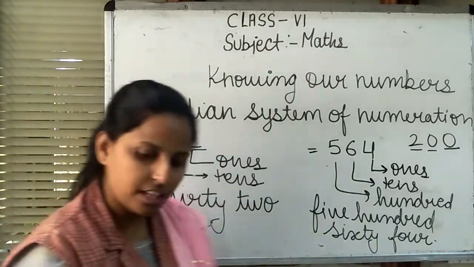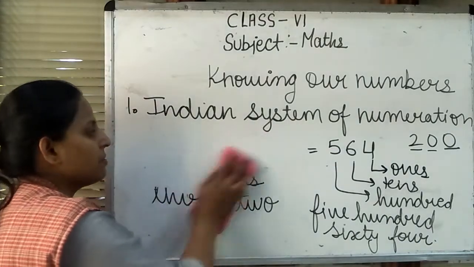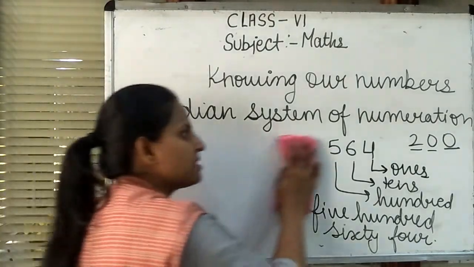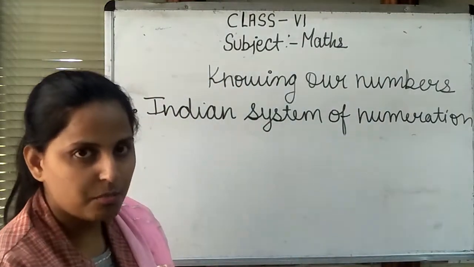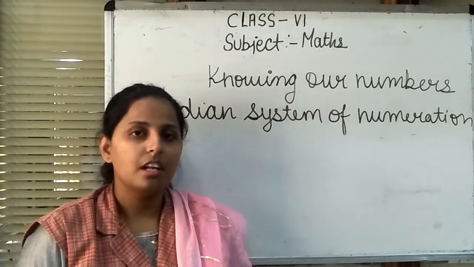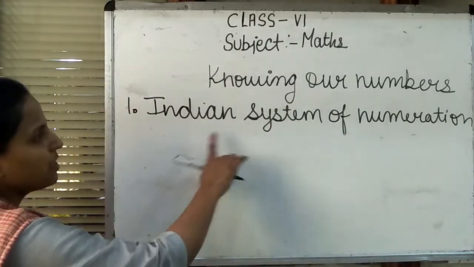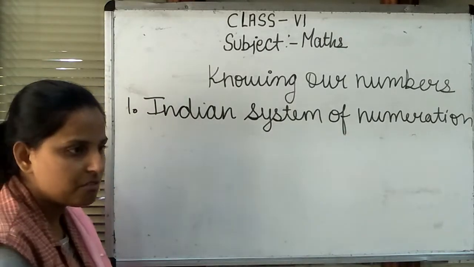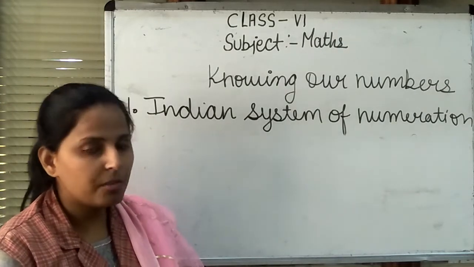Now we are moving to the next, when we have the greatest numbers. We also have greater numbers, like 5-digit, 6-digit and 7-digit numbers. So before writing the name of a greater number, we first use the comma. Then we move to writing the name of the number. So now according to the Indian system, how to put the comma? Because with 3 digits there is no need for a comma. Why is a comma not needed?